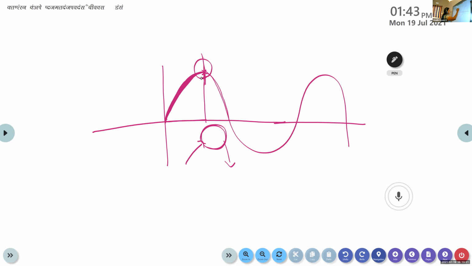Look at here again, the y value is going on decreasing. And what happens once it reaches some value over here? Again, there is a turning point. It's again changing its direction. It starts increasing. It reaches a value there, and then it is changing its direction. Again, the function is going on decreasing, and then from here it starts increasing. So again, there is a change happening at a point.